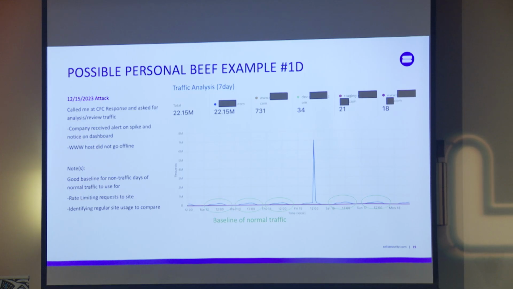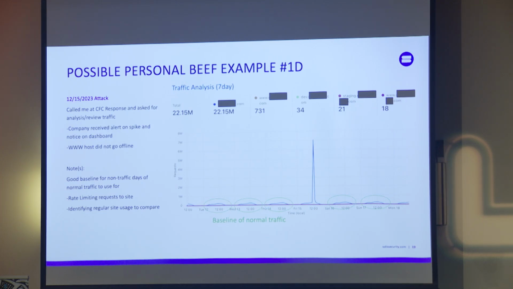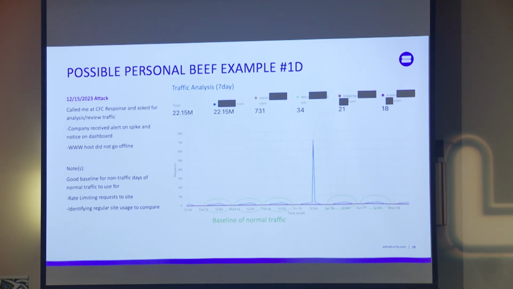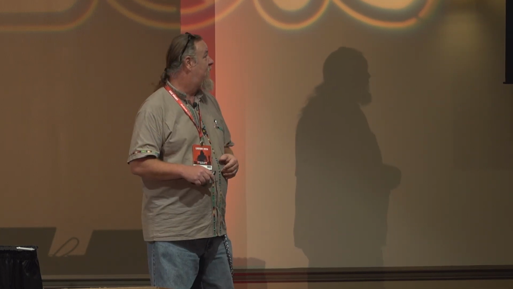So then a week later, he got hit again. This time with about 20 million hits. Or I think it was 18 million on the next slide. But what I want to point out here is looking at this, you can easily identify the threat traffic if you have the right data. And this baseline here in green, you want to know what that is. You want to get some traffic through there and go, what's the average number of times people hit certain pages or dwell on our website? And start putting some rules in play, at least some catch-alls, before you get really specific. So that's very important to do.